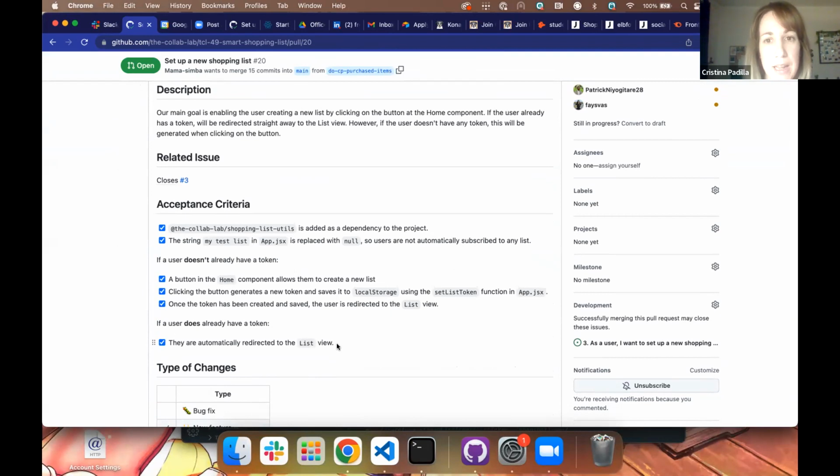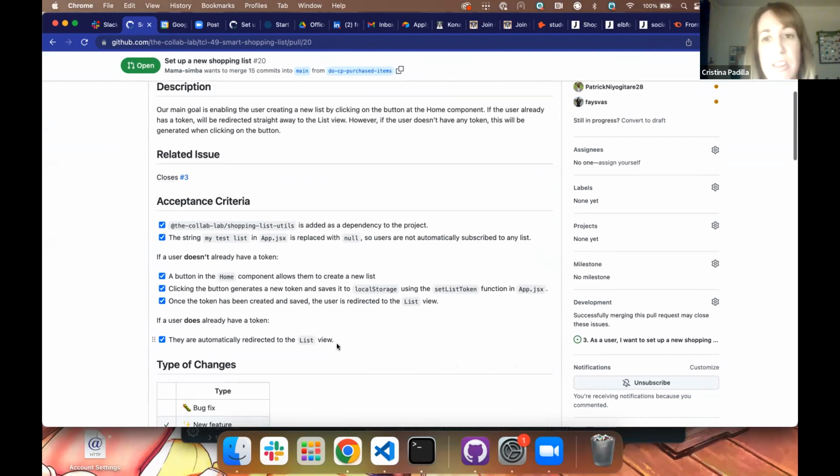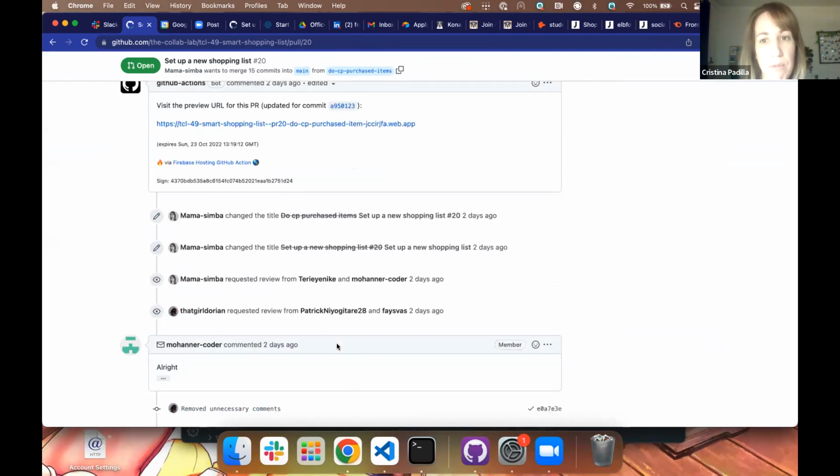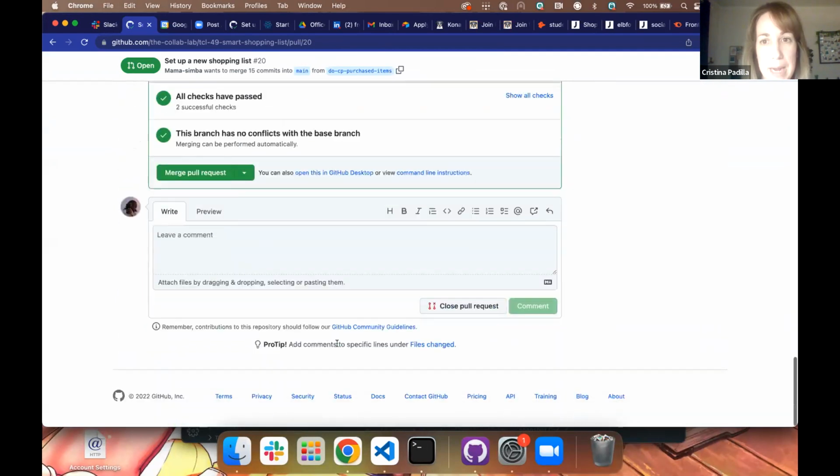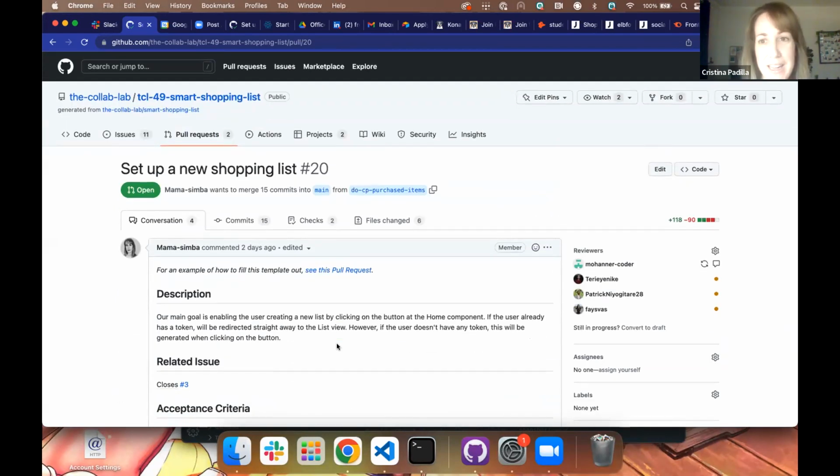The way we started was by importing the npm package, because by default we have a my test list token within the function in the app component, which we need to replace with null, so that the users don't get automatically subscribed to any list. That is why we downloaded the npm package, and we imported it at the top of the